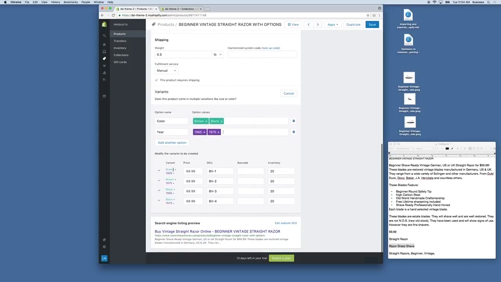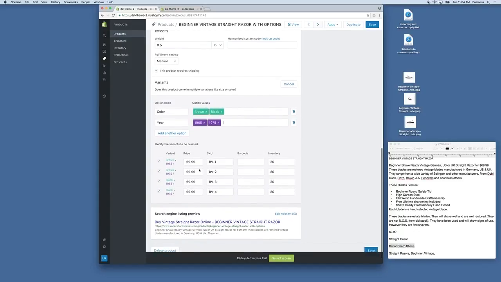Notice there's 4 of them because the brown has to link to both years and the black has to link to both years. And you can come down here and you can change, say the older one is 79 instead. You can change that. You could change really anything you want. These pieces right here, but then if you watch and then you come into save,